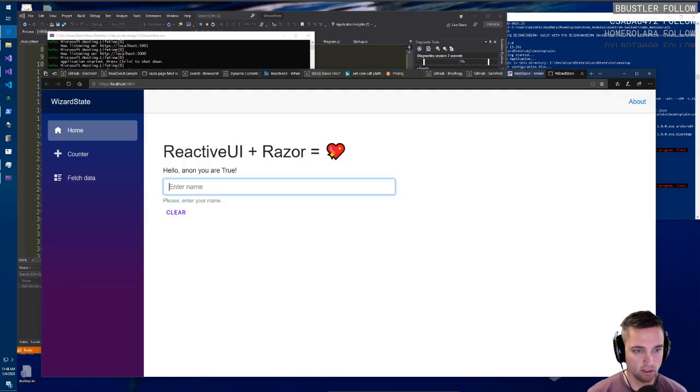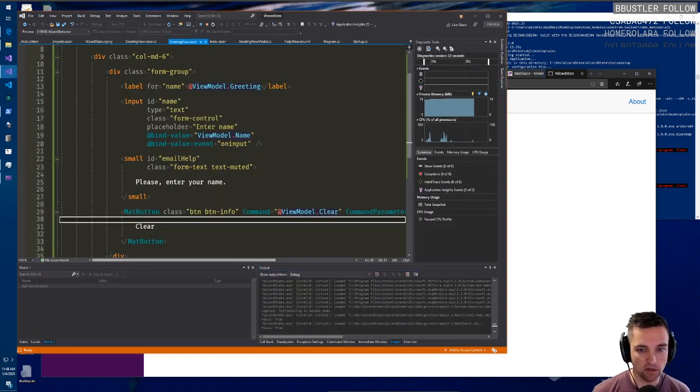Does not look like that is the case though. Well, it cleared it, right? So the command worked. It's just the can execute doesn't pick up. So I wonder if I could do like